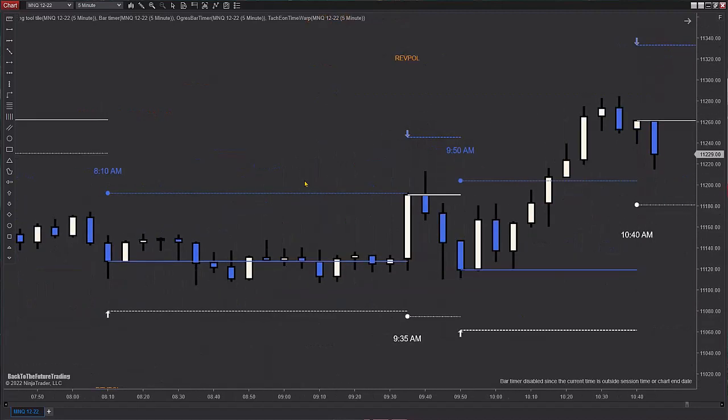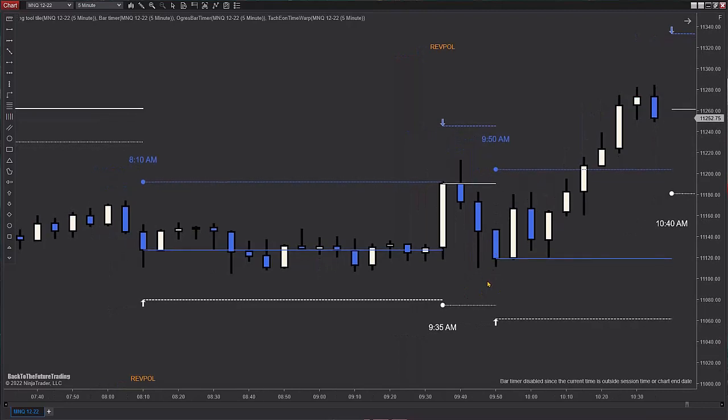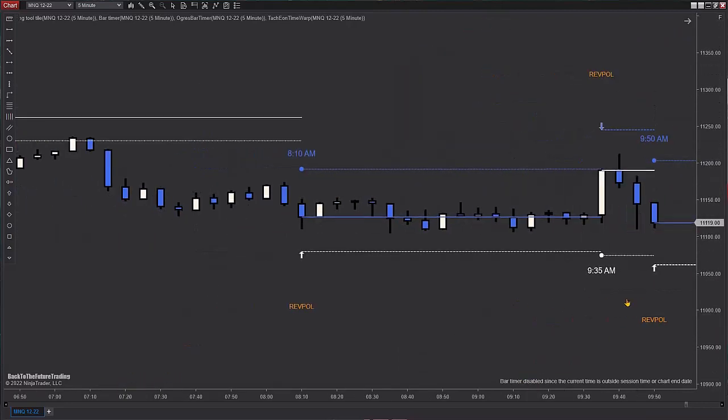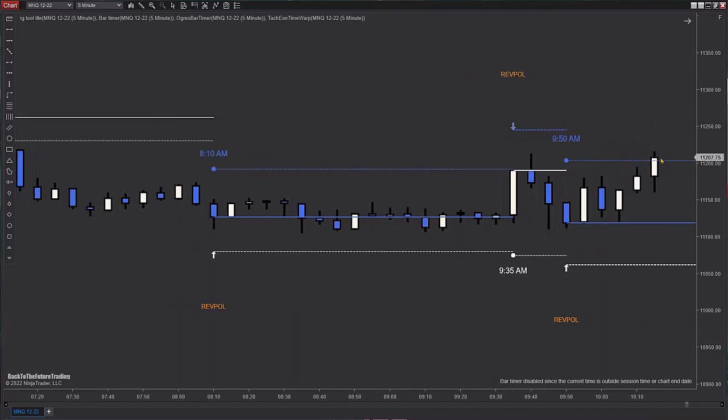And then actually for the thing that I wanted to share about the Apex accounts, this 950 actually works a little bit better. So reverse polarity, that is because we have a blue candle at a blue signal, push away. So we're going to push up here supposedly, and we do. We also get a stop puncture.